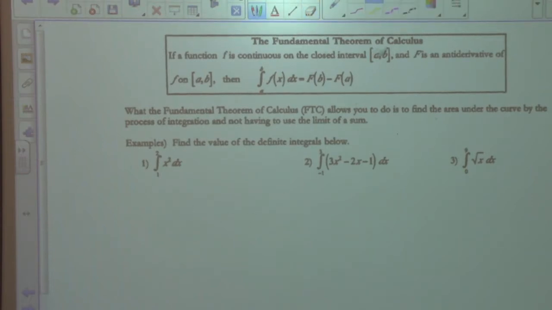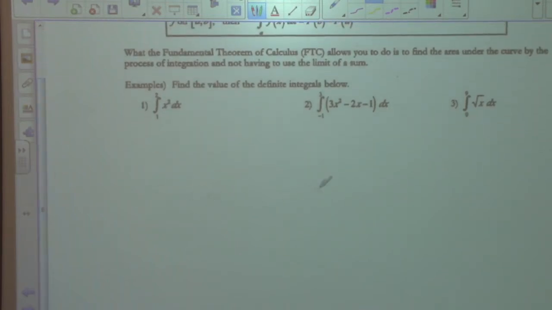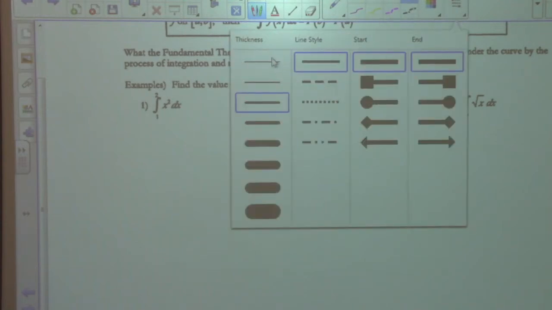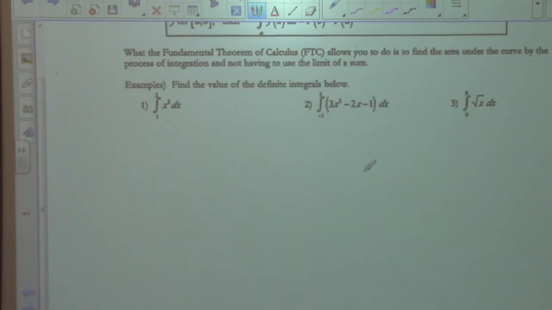We're going to go over some fundamental theorem of calculus problems, and I'm going to work out an example problem. I think I'm going to take problem 2 and work it out first. How's that? I'm going to leave myself a little room to deal with, and I'm also going to get my pen a little skinnier. So what we're going to do is take the integral of this problem 2,